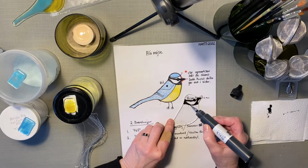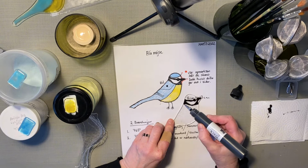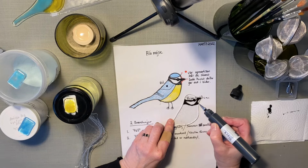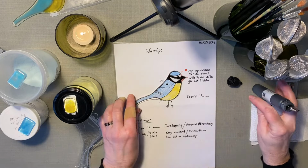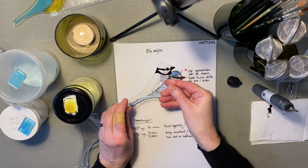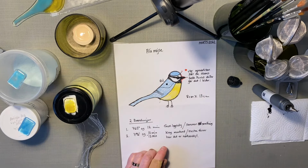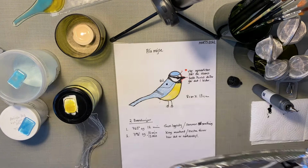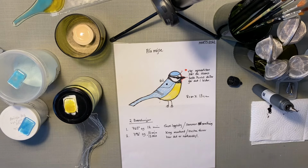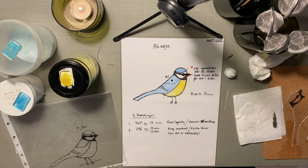Well, now the next step in the process is the paint to dry, and to speed up that process I will put the glass in a normal bake oven for about 10 or 20 minutes, at 50 degrees. Yes, this process will make the paint dry, and